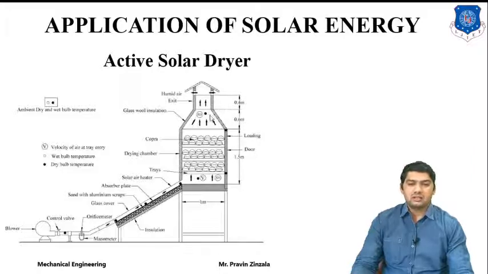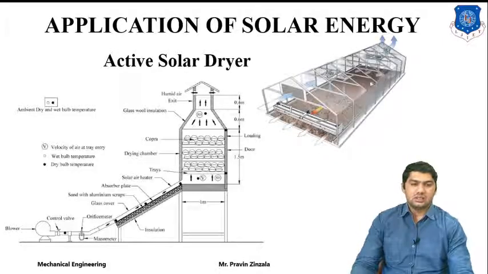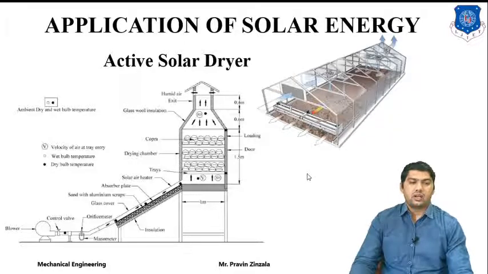So that depends upon applications and requirements. We generally construct different types of active solar dryer according to the space availability, mass flow rate, availability of solar collector, availability of temperature range, or availability of our product. So this is also one example of an active solar dryer. It is generally utilized to supply extra energy for the air, so we can dry the product in a short time, or we can speed up the drying process.